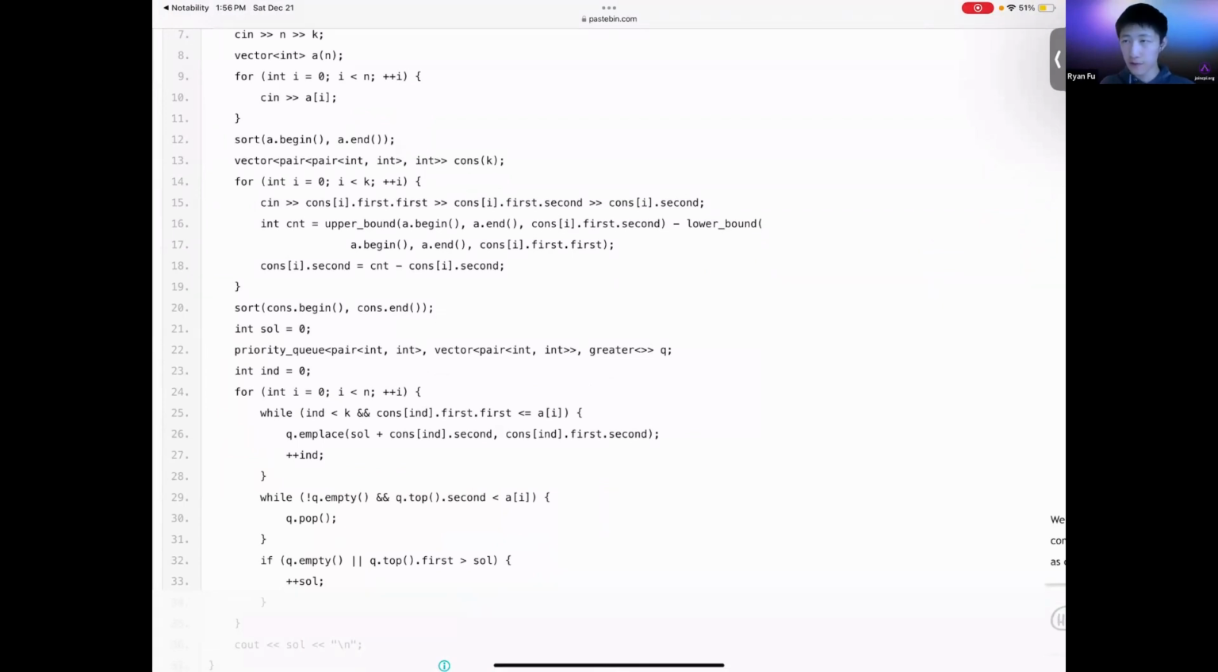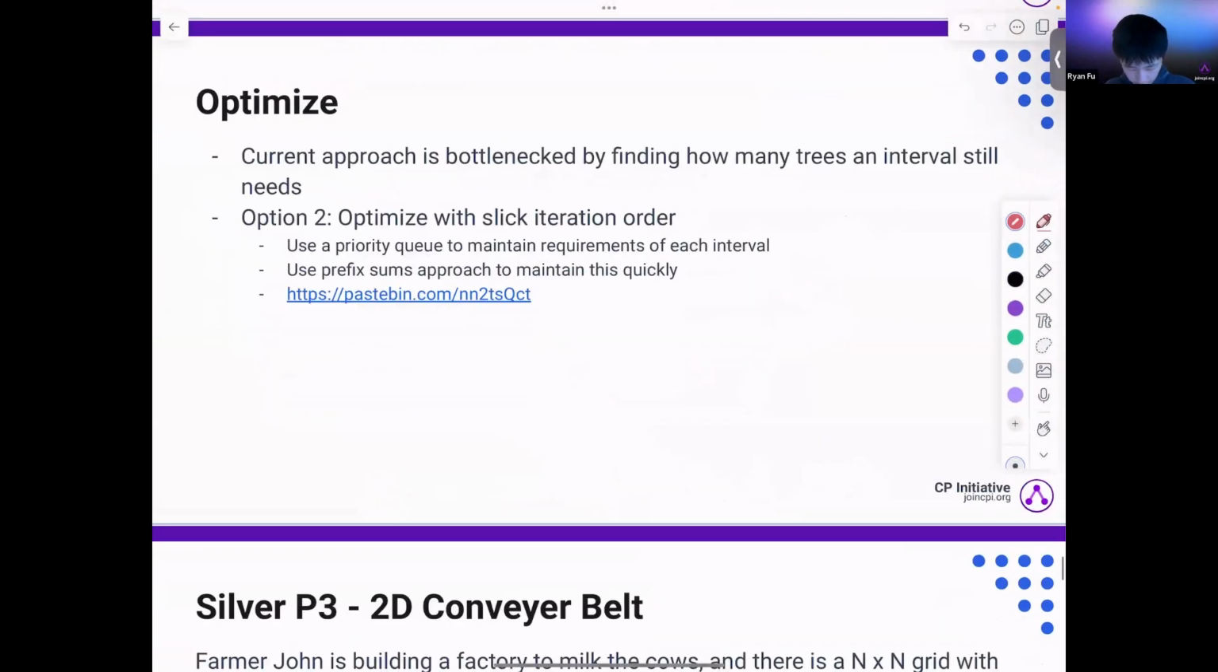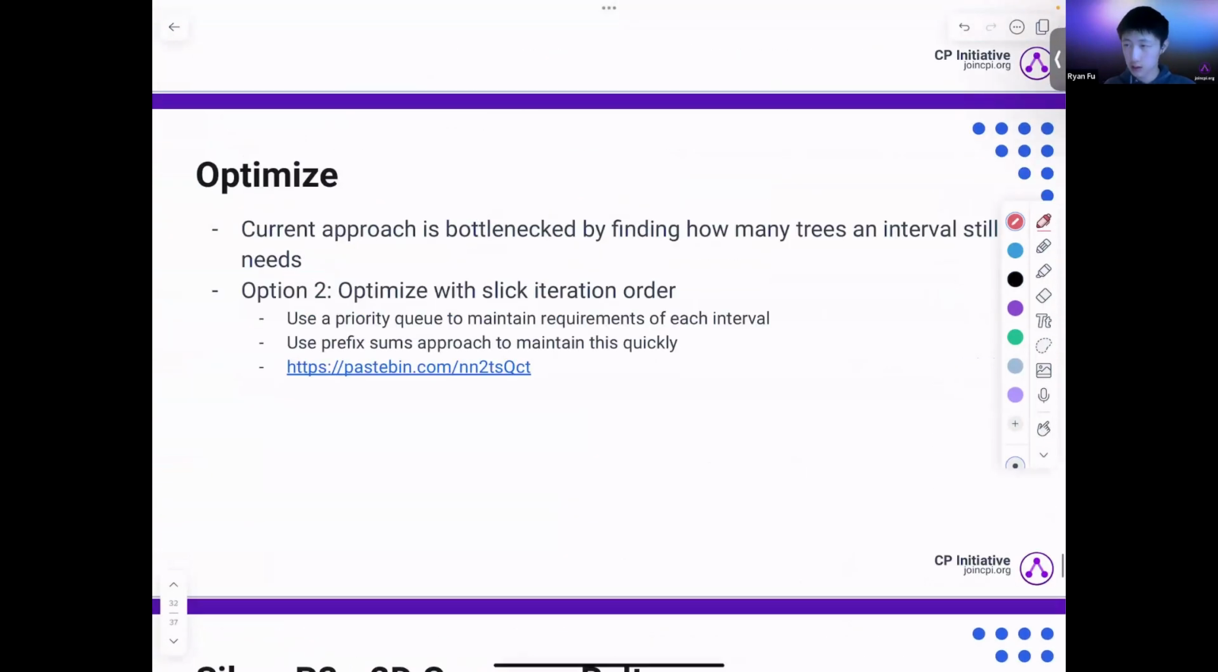Thus, you can use the sort of prefix sums approach to compute how many trees need to have already been taken in the course of this interval, to do this quickly and not have to run an O(K) update on each interval after you take each tree. I know that solution may have been a bit rushed, but